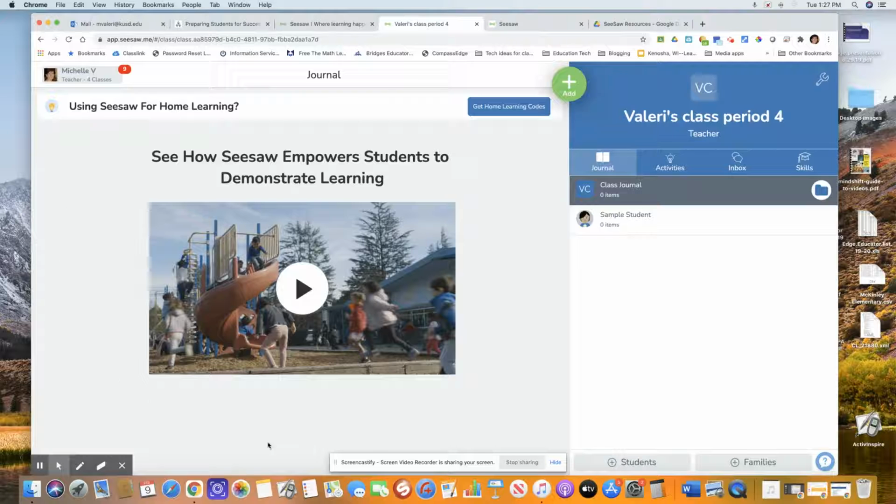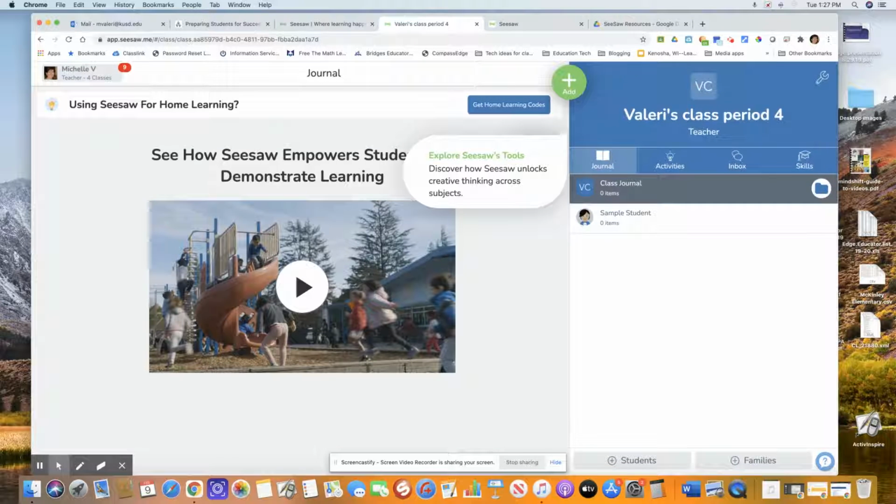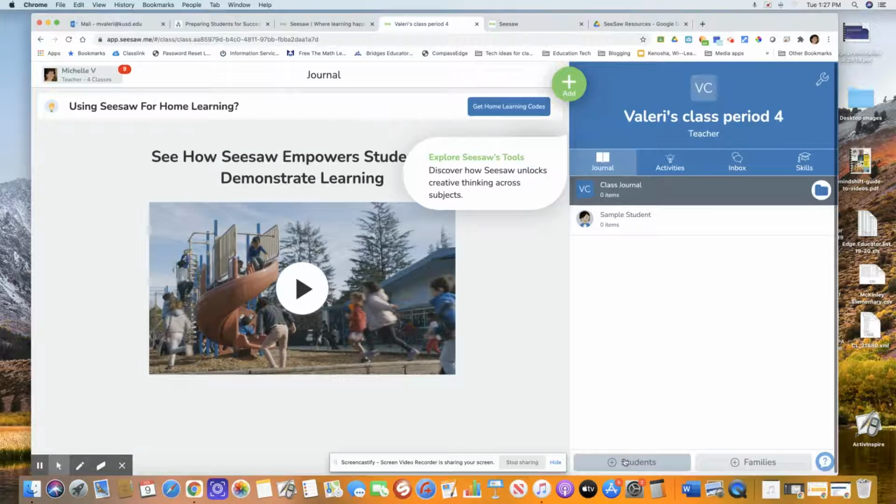So here I have an empty screen other than the Seesaw demonstration video. And on the right side, you've got your class information. This is the area where you'll see the journal is highlighted. So these are the list of your students. Of course, right now there aren't any students because as support staff, our students are not rostered into our activities. You are able to add students to a class by clicking this Add button,